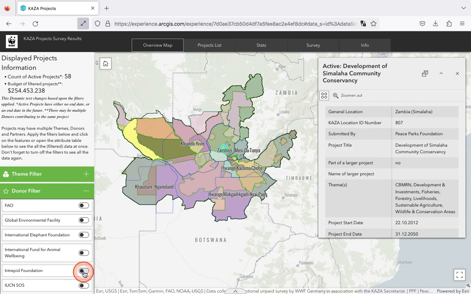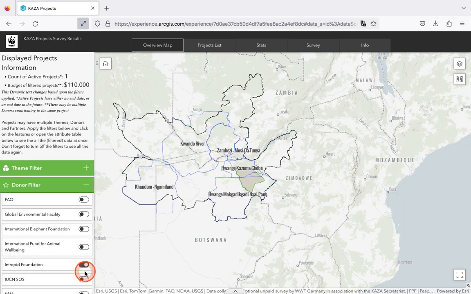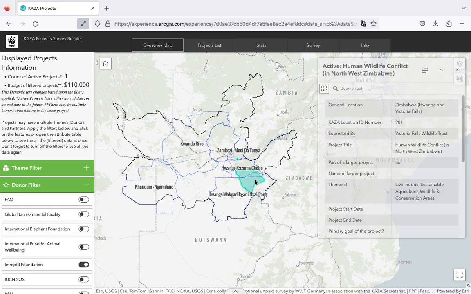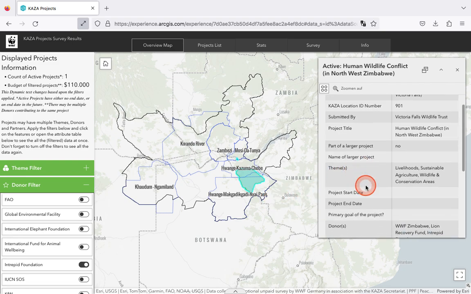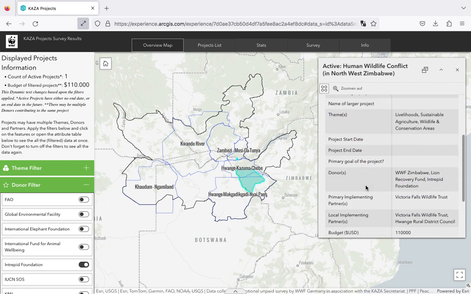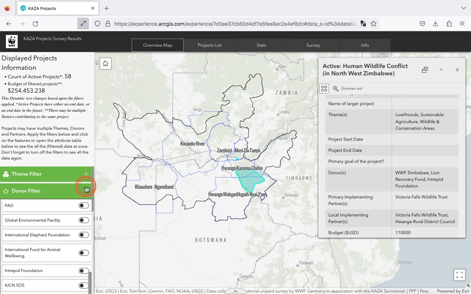Let's just pick an example. Intrepid. Yes, there, just one project for $110,000, and that is for human-wildlife conflict. Now, just to say that there are sometimes several donors, so it may not all come from the same donor. Look here, we've got WWF Zimbabwe, Lion Recovery Fund and Intrepid Foundation. So that $110,000, that's for the entire project, not necessarily just from